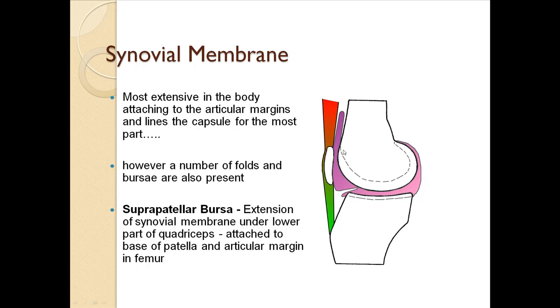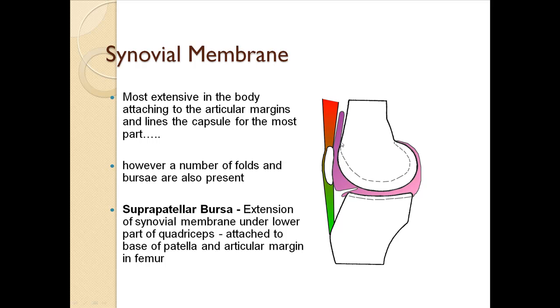However, there are a number of folds that are present within the synovial membrane. The first fold is anteriorly here: the synovial membrane will attach to the articular margins of the femur, and over here to the articular margins on the patella, so to the edge of the hyaline cartilage of both. But rather than going from femur directly to patella, it goes up and creates a fold that goes underneath the tendon of the quadriceps and the lower muscle itself. This fold is about 3 or 4 centimeters in height, and